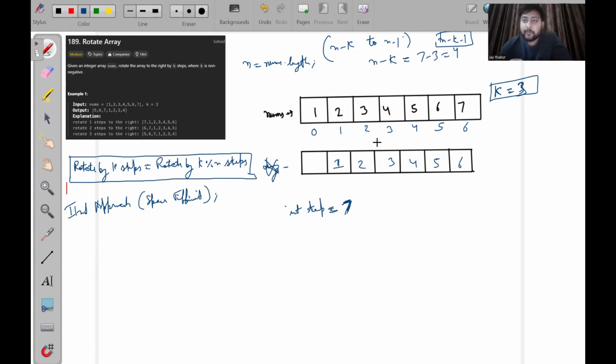And at last, we will simply take the element that we have stored in the temp variable and store it at this place. So after this, this array will be rotated one time. Now we have to rotate this array 2 more times. So what we will do now is